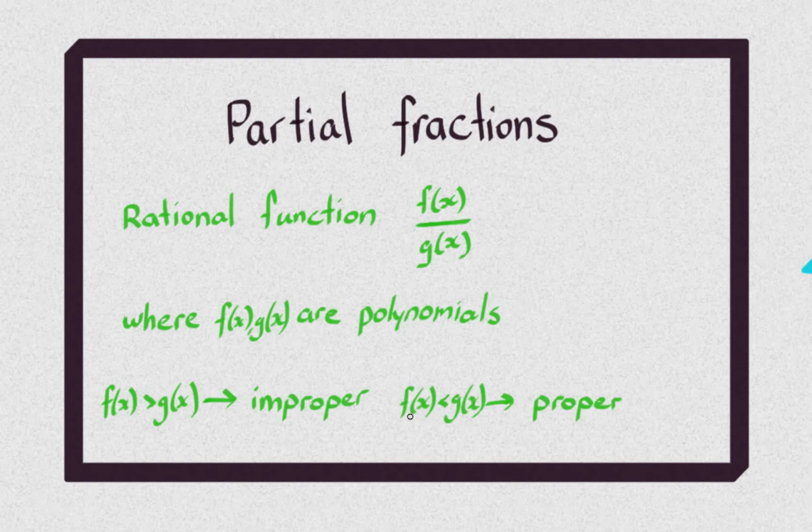And if f of x is less than g of x, we have a proper function. Now, when we start with an improper function, where we have a higher degree polynomial on top, we can break this down. And likewise with a proper function, we can decompose,